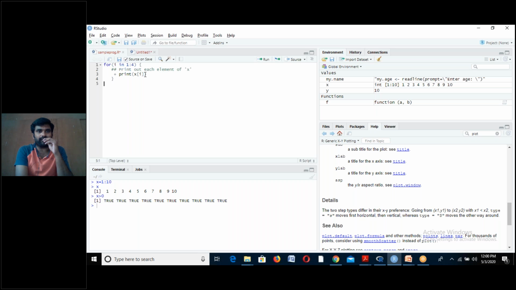Yes, as you said, if I say x of i equal to 1, I'm defining it. Let me check here. See here, what is the error I got? Unexpected equal to. Now tell me, what is your intention in defining?